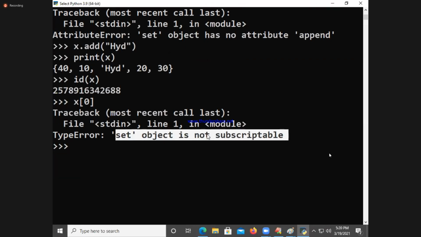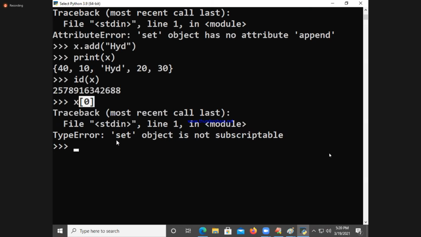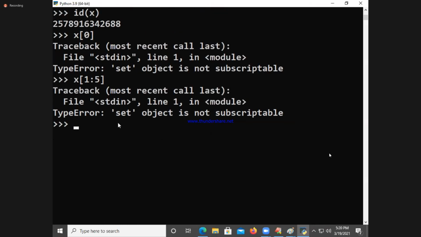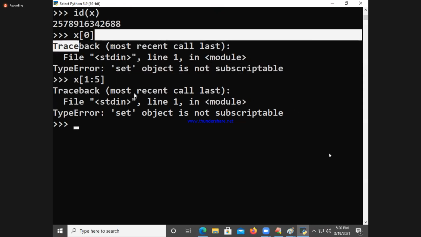You cannot use any subscript like this. Next, X of 1:5. Same error. Slicing is also not possible, and indexing is also not possible.